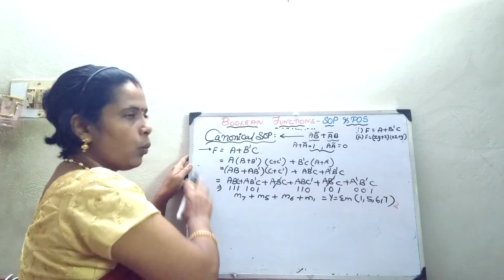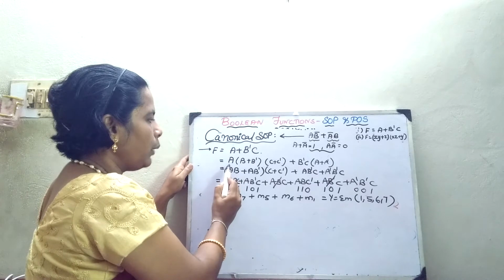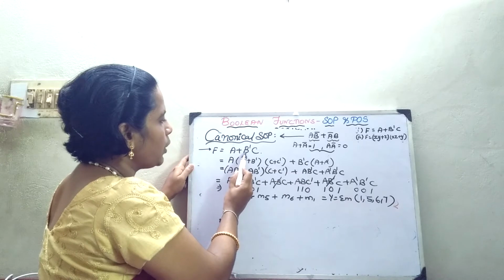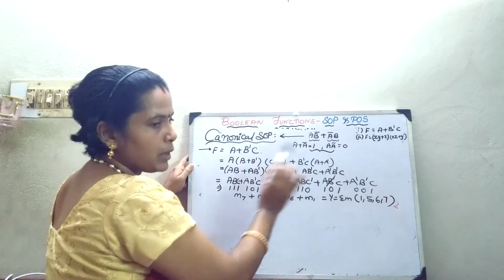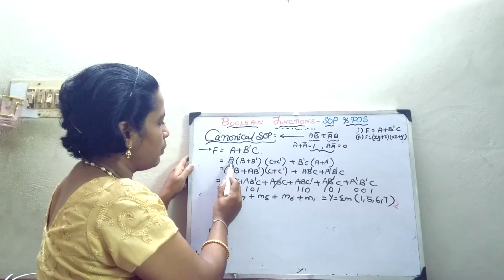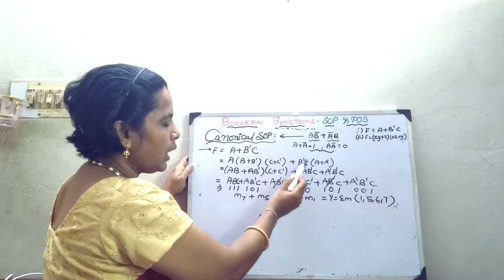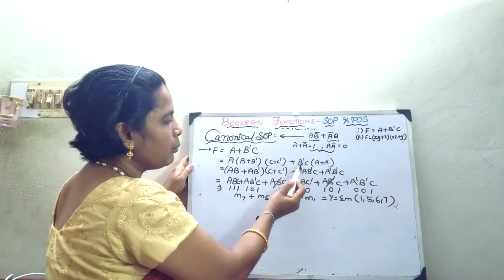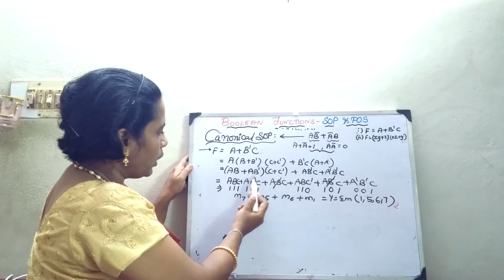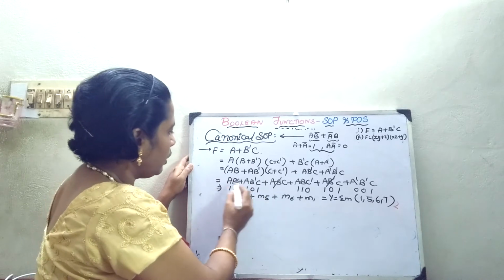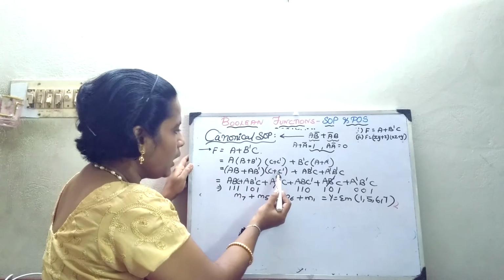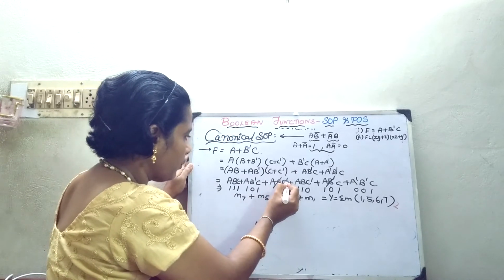Okay. So what is the step you have to involve? You are going to have A, then B plus B bar and C plus C bar, and in the next step you are going to have B bar C into A plus A bar. Okay. So in this case you are just going to expand the expression. So whatever it is, AB plus AB bar, C plus C bar, you are going to have AB bar C and then A bar B bar C. In the next step you are just going to multiply whatever terms are there. Here this is ABC plus AB bar C. Now I have to multiply with C bar here. Sorry.